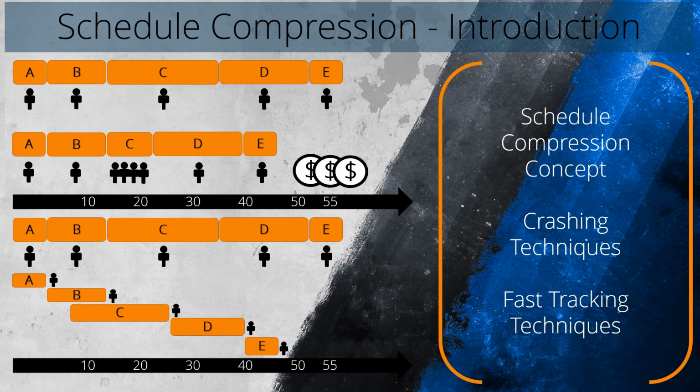Schedule compression techniques like crashing and fast tracking can be valuable tools for project managers when there is a need to expedite project schedules. By carefully analyzing the critical path and exploring opportunities for resource optimization and activity overlap, project managers can reduce project durations while still meeting project objectives. However, it is crucial to evaluate the trade-offs and potential risks associated with schedule compression and make informed decisions to ensure successful